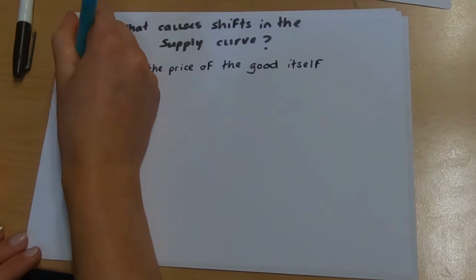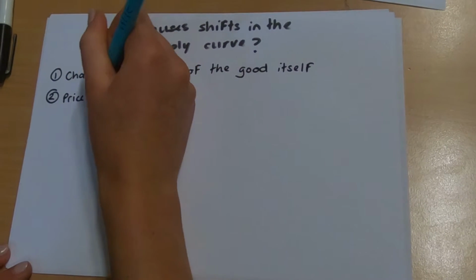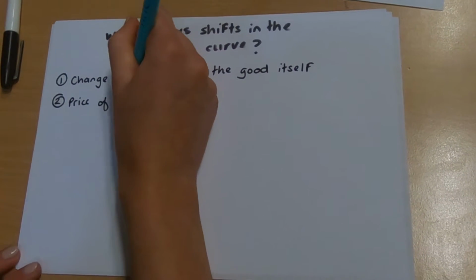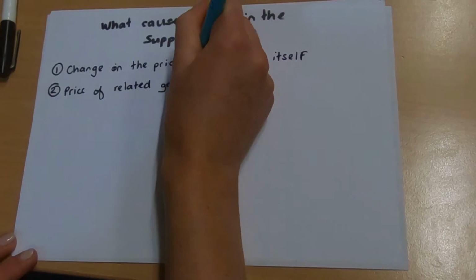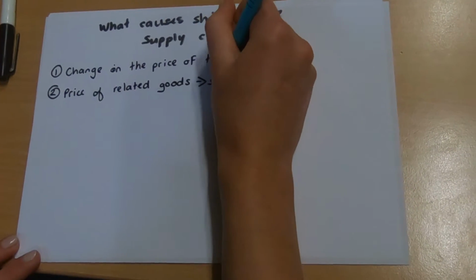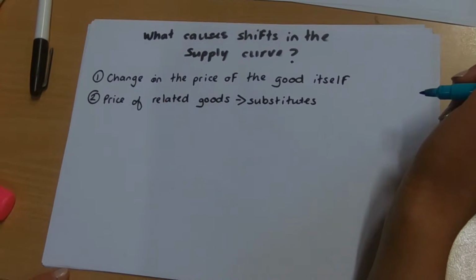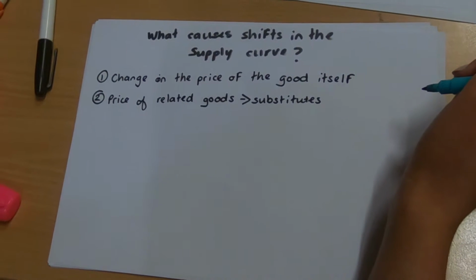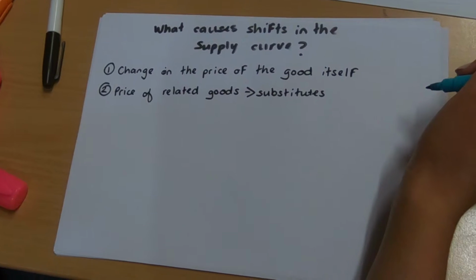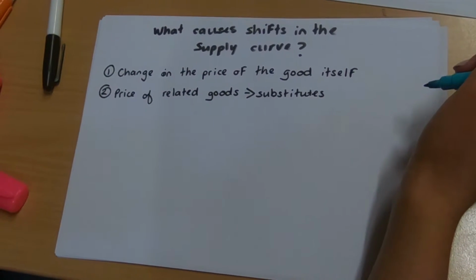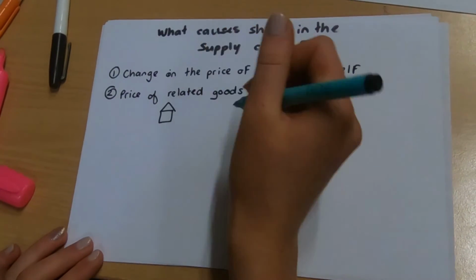Secondly, we have the price of related goods. This may be, for example, substitutes. Secondly, the price of related goods, or substitutes, or alternatives that the firm can produce as an alternative to the goods that they're producing at the moment. This may be a firm that's already producing computers